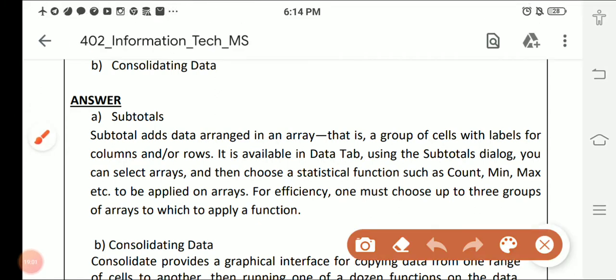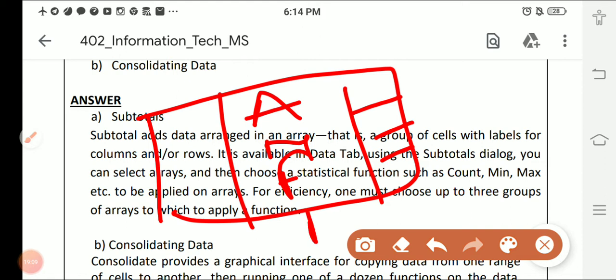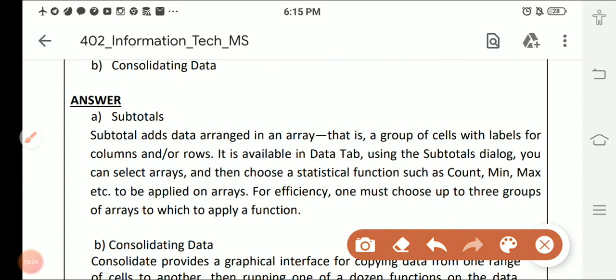Subtotal function क्या होता है, that I am having one table and in this table in April month I am giving this amount to you, March में this amount, Feb में this amount, this one is in Jan month, and this one is again April month. Now you are asking me कि ma'am you will tell me the subtotal. Subtotal means month wise you want to calculate total, then we are using this subtotal function. In subtotal we can do the following functions. We can place count, min, max, we can apply.